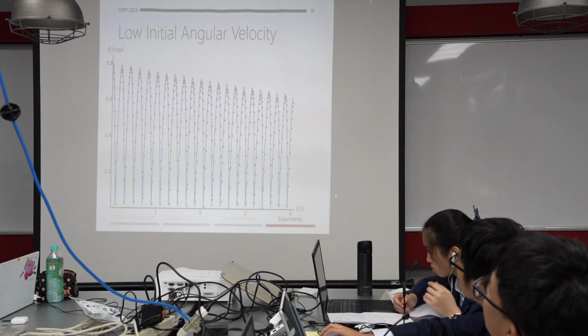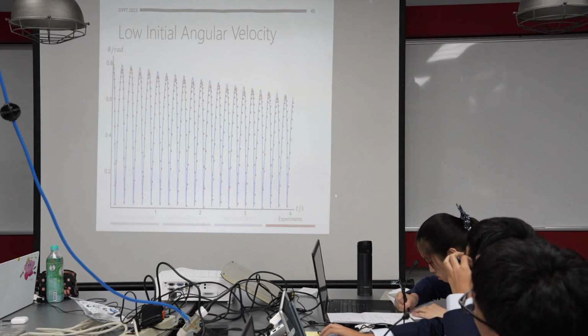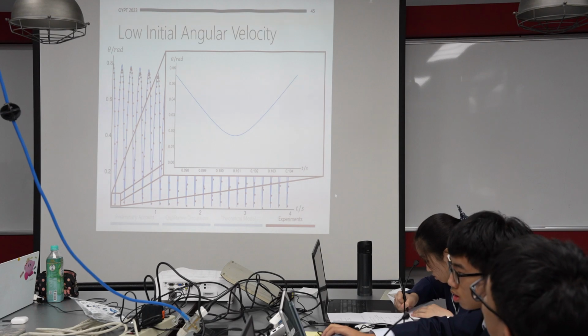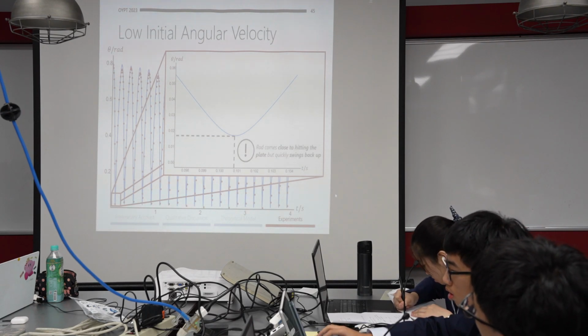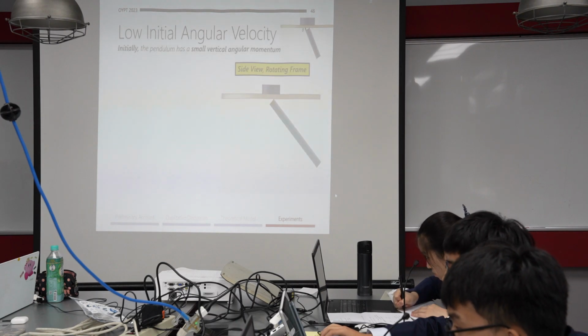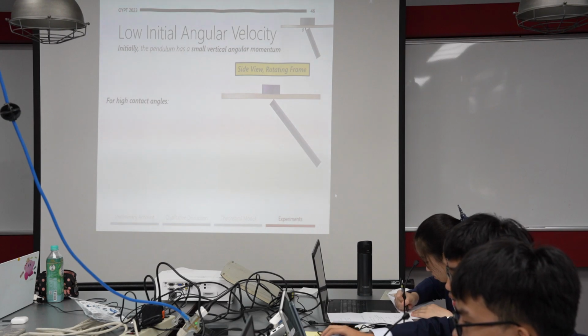We can verify this by zooming into the graph of contact angle against time for the low initial angular velocity case. And we see that the rod indeed comes close to but does not hit the plate and will quickly swing back upwards instead. To explain this, let's consider the initial release of the pendulum at a higher contact angle theta. In this case,